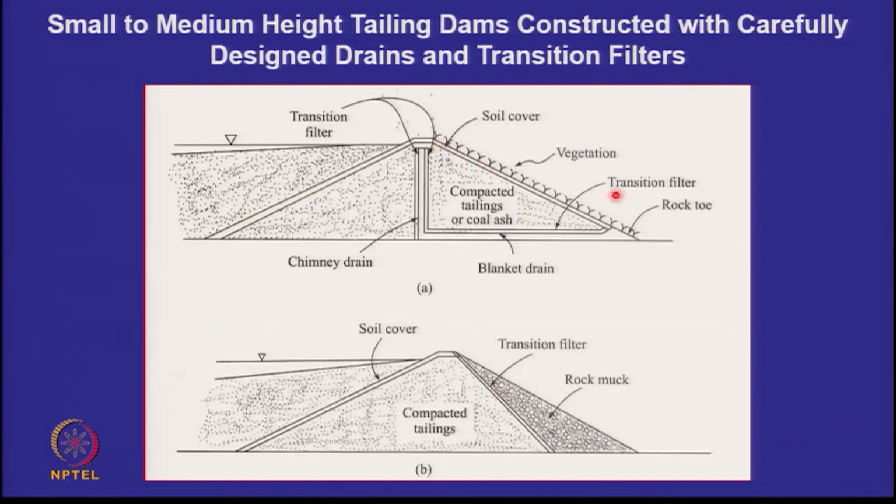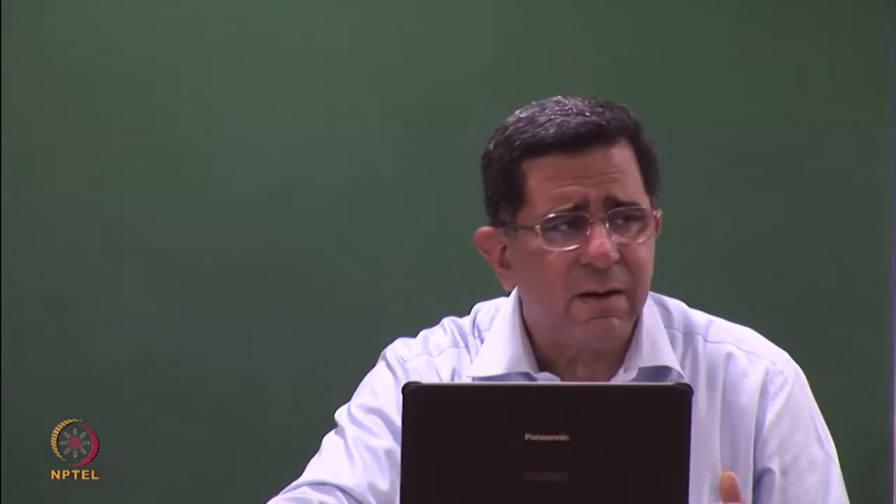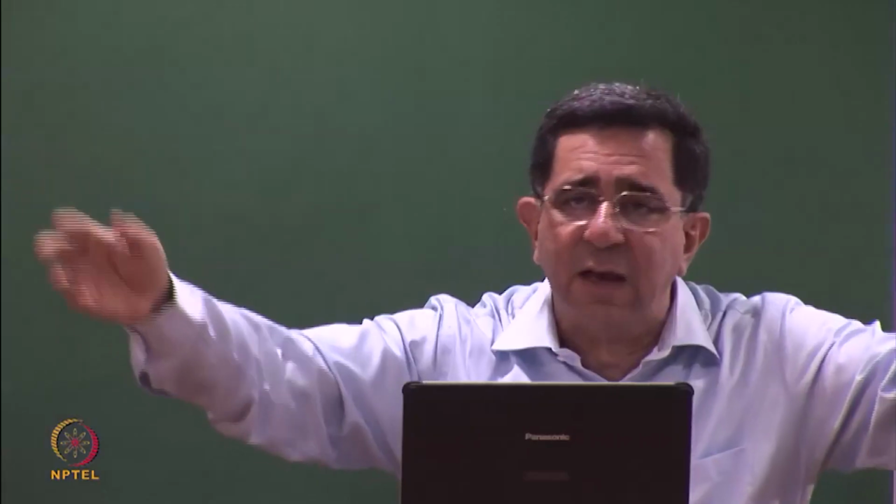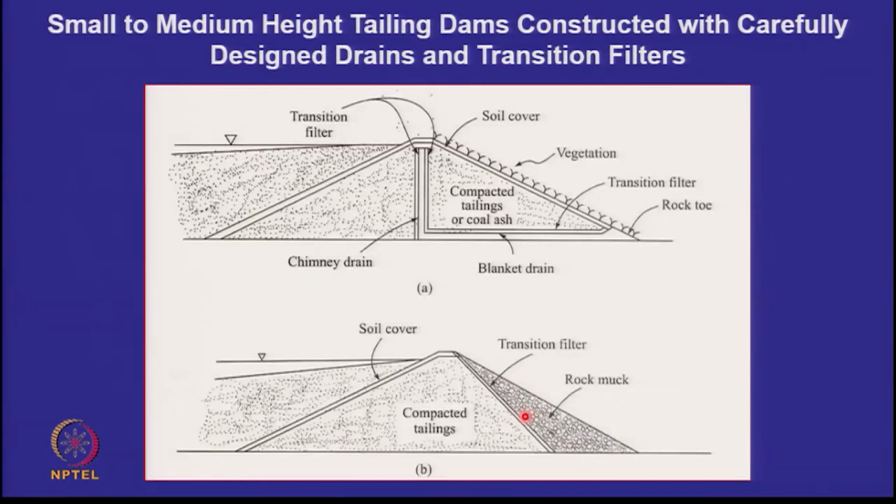Instead of having a soil cover, because this was in Rajasthan, which is dry, most of the time maintaining vegetation is a big challenge. So we said, okay, we will design this like an earth cum rock fill dam. So this is a clay core type of situation, compacted tailings. There would be transition filters in between, and then this would be rock muck. This was available to us free because they were just stockpiling it after excavating it. So this design has been wonderful and it has worked very well.